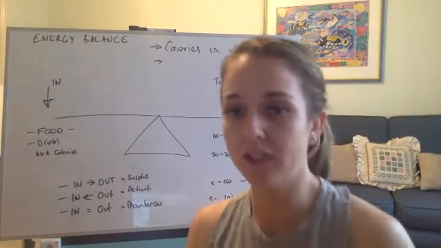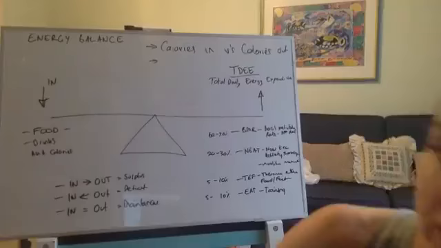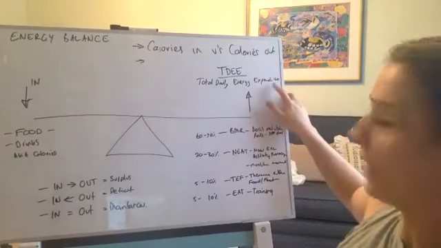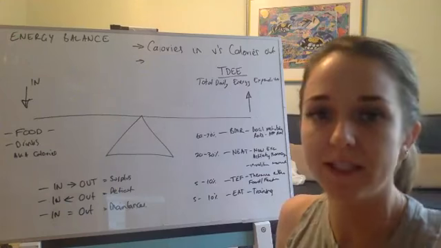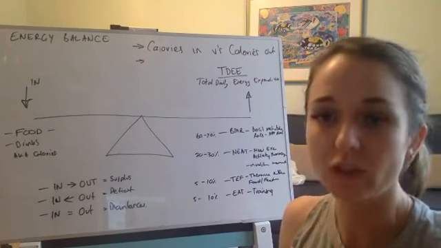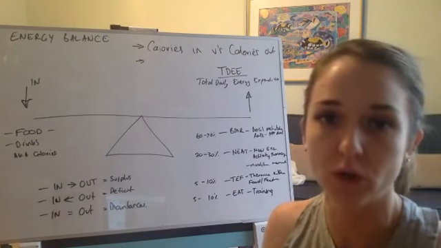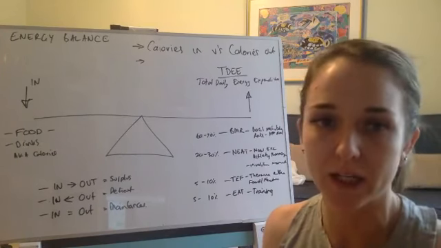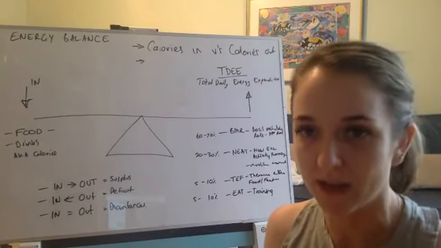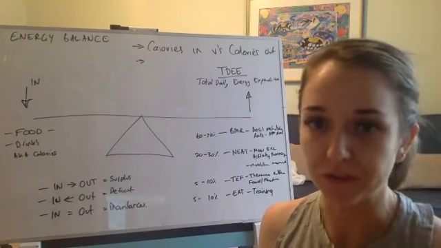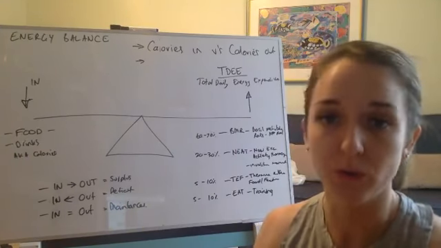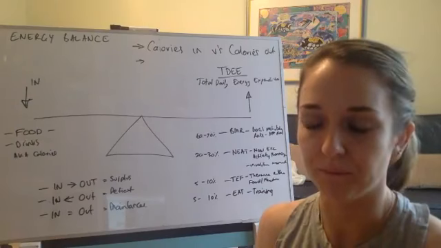So your energy output, and I'm going to jump over here so you can kind of see, your energy output here is described as your TDEE. So your TDEE stands for total daily energy expenditure, which is basically how many calories you burn every single day to do whatever you need to do. This is very dependent on you and your individual